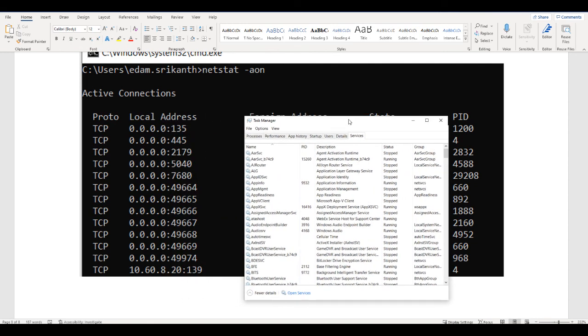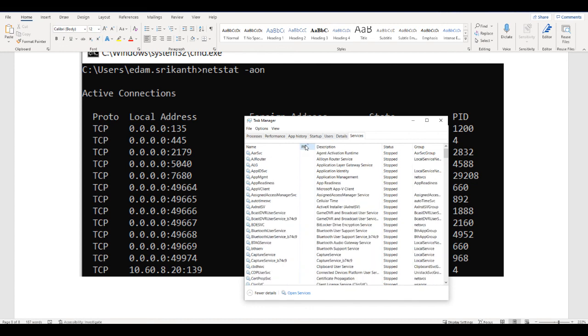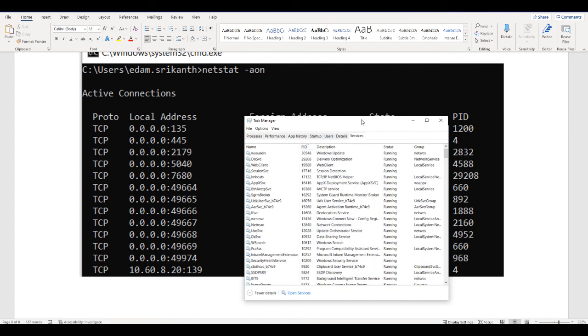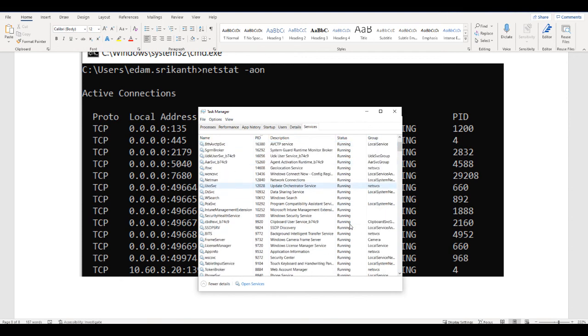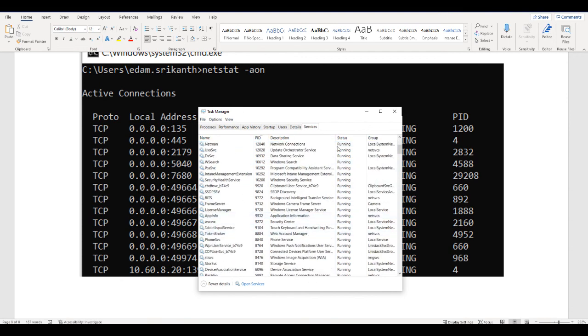Once you open the Task Manager, click on Services. Now click on PID. It will list all the PIDs, so now you can see which service is using the ports. You can identify it like this.